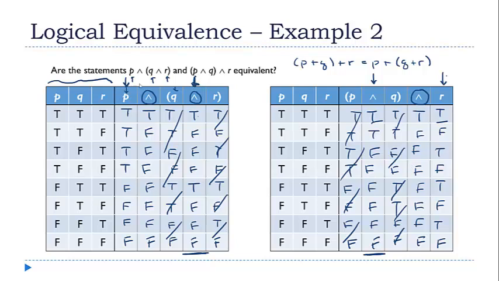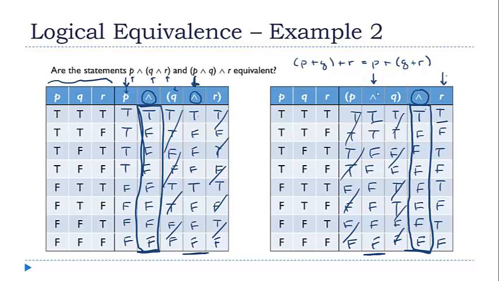Okay, so now let's look at our two end result columns. It's this column here and this column here. And if I compare these two columns, you'll see that both of them start with a true, and every other row is false. The end result columns are identical, so I can conclude that the two original statements, excuse me, that's supposed to be an and, not a plus. The two original statements are equivalent,